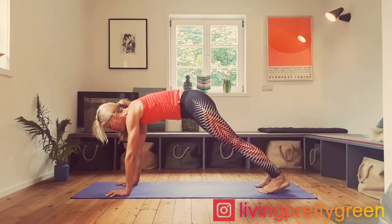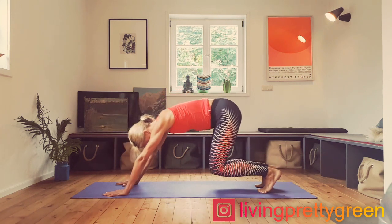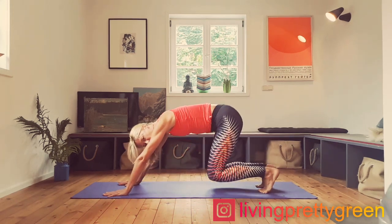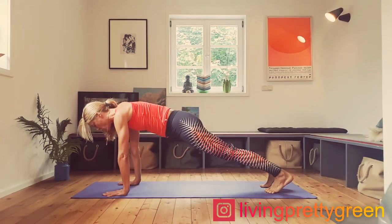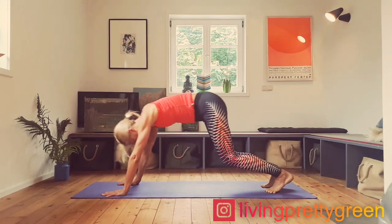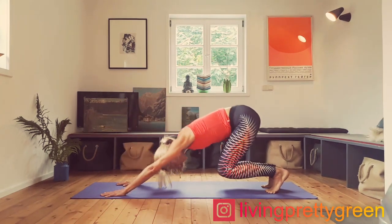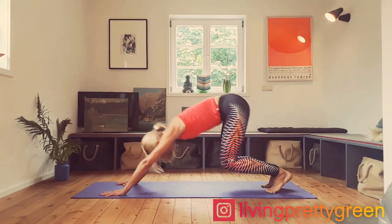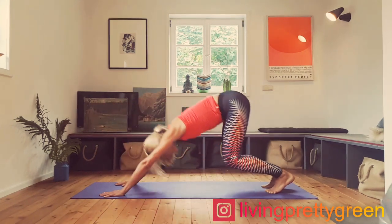Now we do a little floating child's pose. So you're kind of moving into child's pose, but you're not touching down. You float over the mat and back into plank for 1, floating child's pose for 2, floating child's pose for 3, floating child's pose for 4, floating child's pose 5, one more time, floating child's pose, 6,